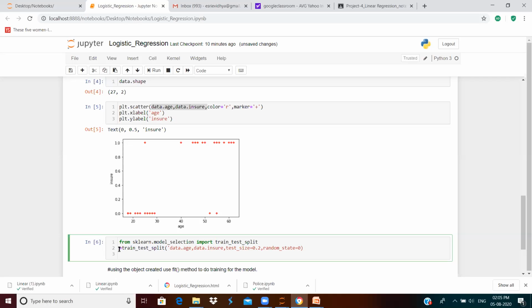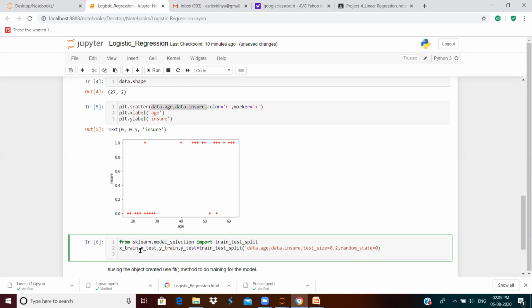So here we are going to have x_train, x_test, y_train, and y_test. Here we are going to capture the returned training data set and test data set.